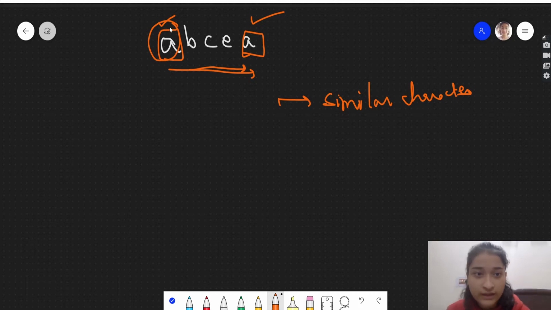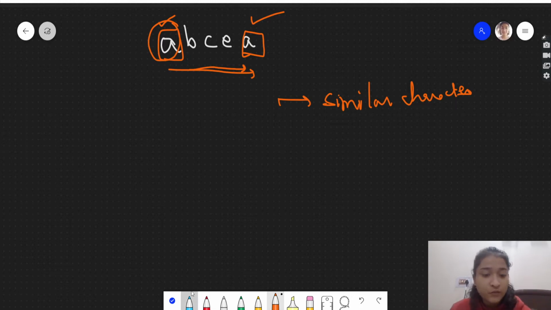What if these two a's were together? Then I can easily know that there are similar characters. I can compare the adjacent ones and see if they are equal. If they are the same, the string does not have unique characters.